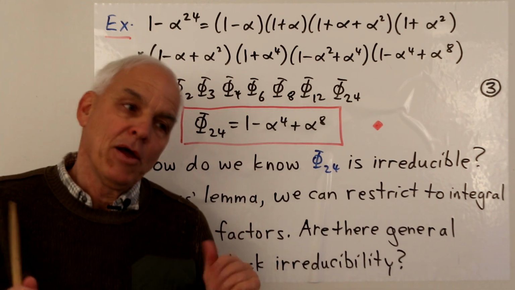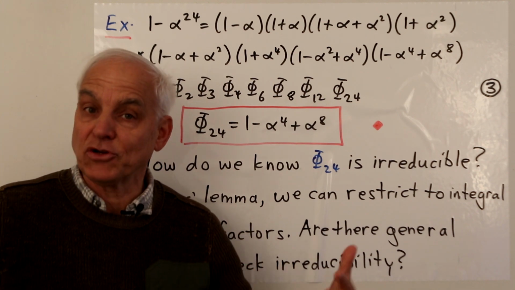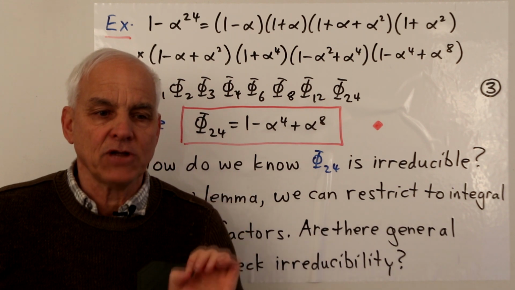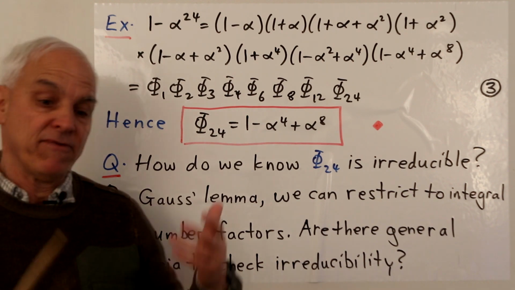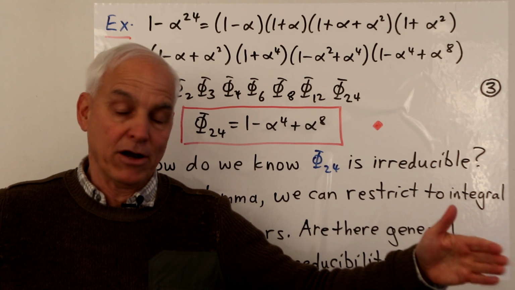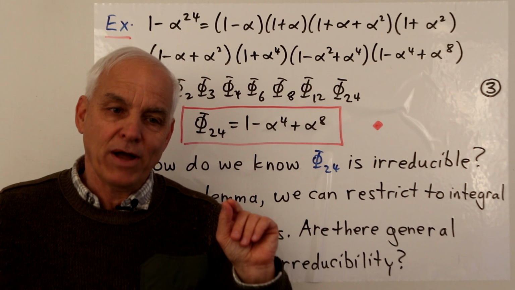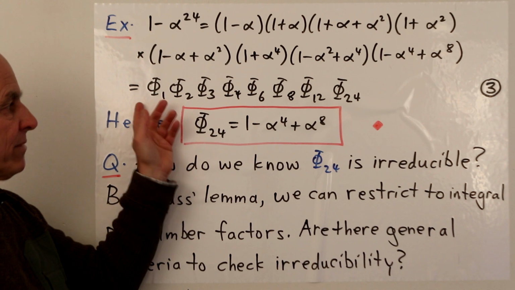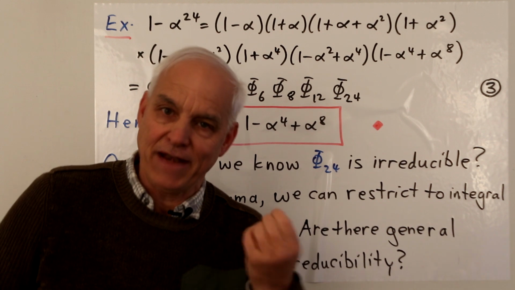And now you can kind of see, perhaps, that even with a powerful computer that's able to factor polynomials or polynumbers very quickly, still finding these cyclotomic polynomials is not going to be that trivial. Because let's say we have a bigger power, maybe 536 instead of 24. So maybe there's going to be lots of factors that our computer can calculate relatively quickly. But in order to identify what the actual cyclotomic polynomial is, we have to have some control, at least from this point of view, of all of the cyclotomic polynomials of all the divisors of that number.